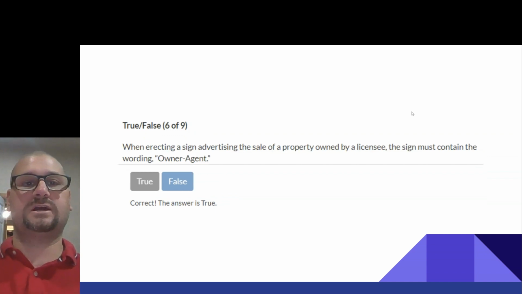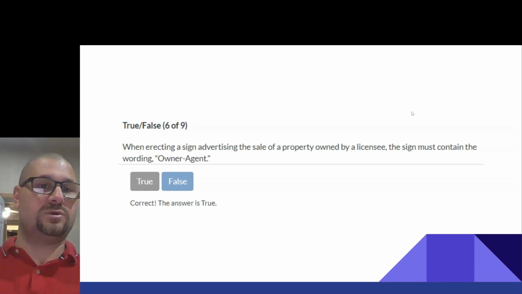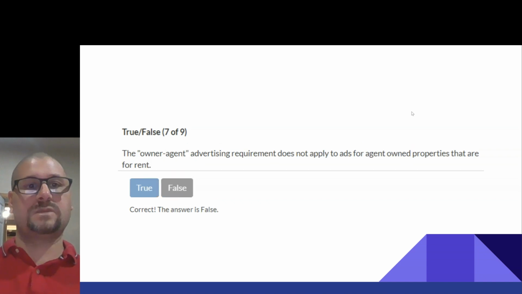When erecting a sign advertising the sale of property owned by a licensee, the sign must contain the wording owner agent. True. The owner agent advertising requirement does not apply to ads for agent owned properties that are for rent.